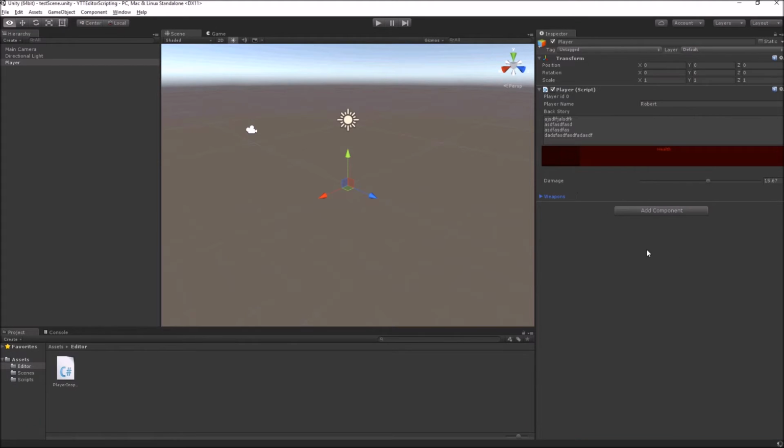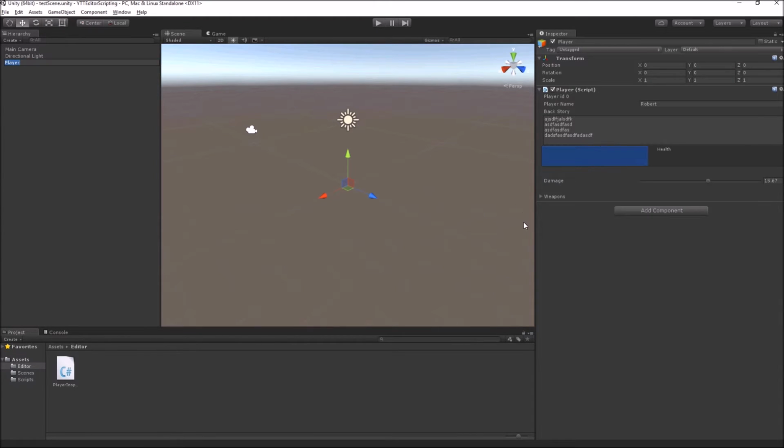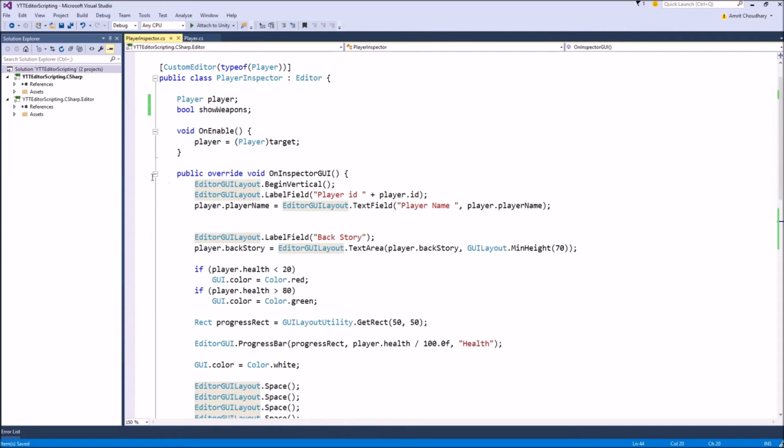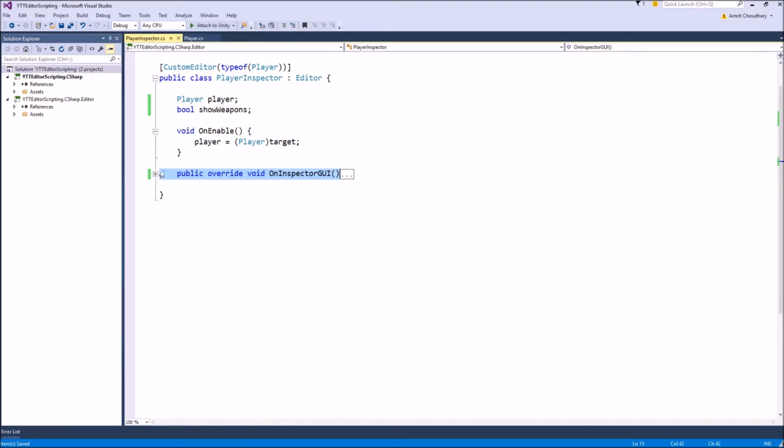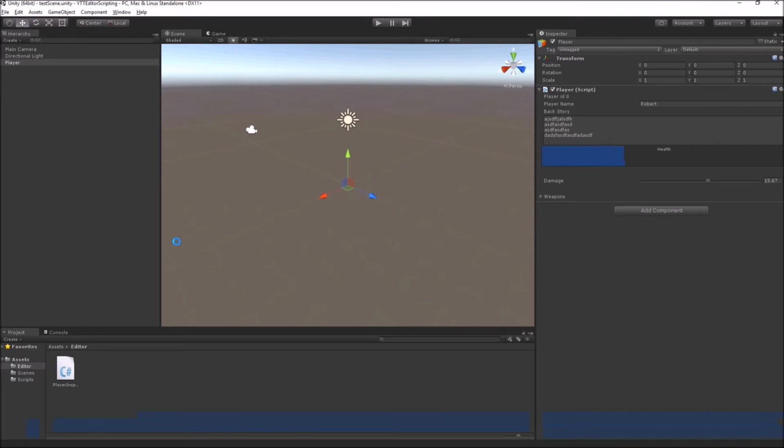Let's first see it in action. If you click on this arrow beside the weapon, it will either show you all these variables or it will not show you all these variables. Just like you use regions in your code so that you can minimize, like I will show you inside the code, you can minimize this whole function using this small widget here. So you can use the foldout system to minimize blocks of your variables, many variables inside one heading.